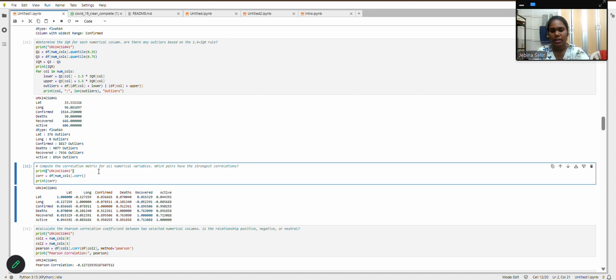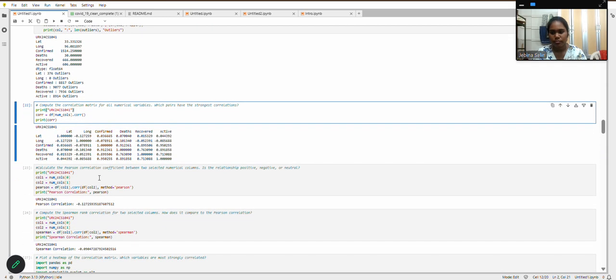In the eighth question, we calculate the correlation matrix for all numerical variables. Correlation measures the strength and direction of the relationship between two variables. The correlation value ranges from -1 to +1. A value close to +1 indicates a strong positive relationship, while a value close to -1 indicates a strong negative relationship. A value near 0 indicates little or no linear relationship. The correlation matrix allows us to compare all numerical variables at the same time and identify the pairs with the